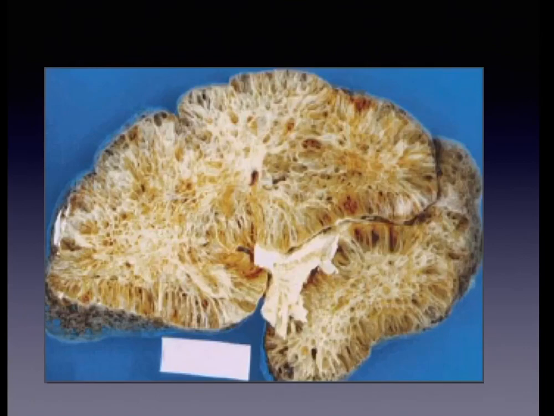So here you can see the cut section of the kidney. Here it is showing that the kidneys as such are enlarged with a smooth external appearance, and the cut section shows many fusiform or cylindrical cysts which are radiating from the medullary region, and they can extend up to the cortex. So this gives rise to a sponge-like appearance of the entire kidney. And in contrast to the adult polycystic kidney, there is no normal parenchyma in between the cysts.